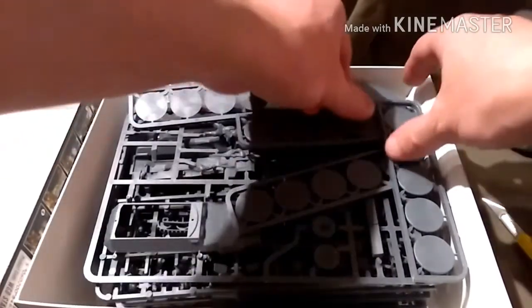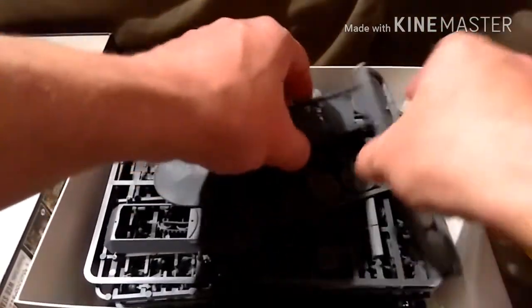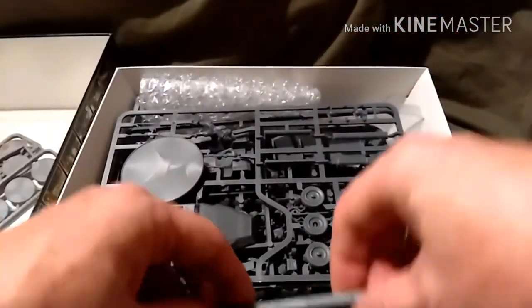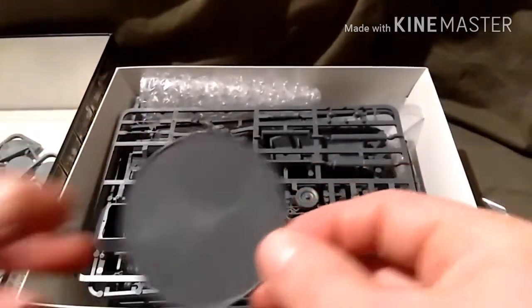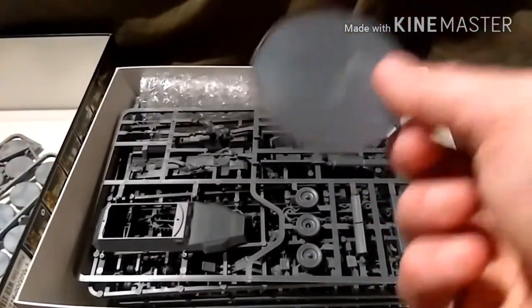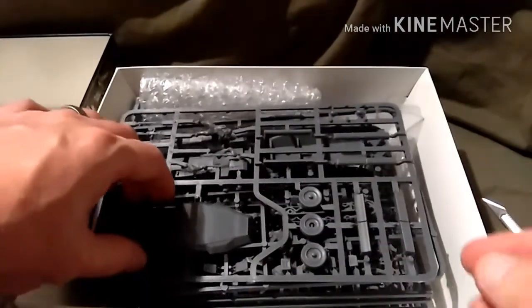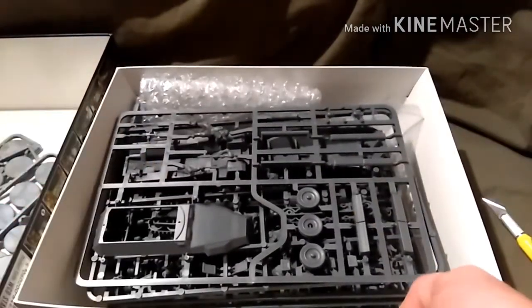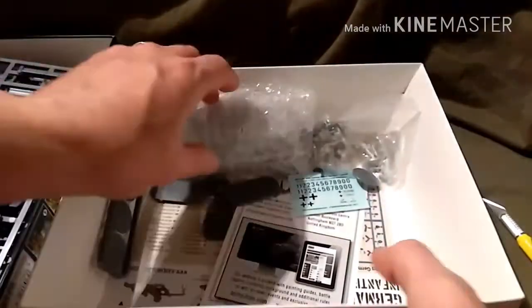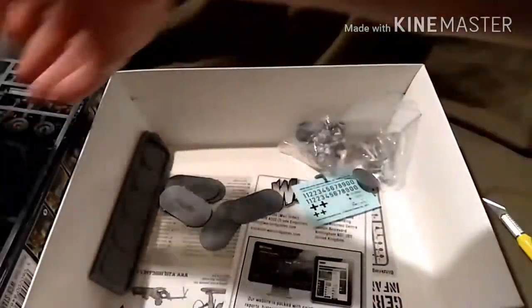There we go. As you can see, bases, lots and lots of bases. Standard Warlord Games bases. Unusually a round base. I'm thinking this is for one of the artillery pieces that's in there. So let me transfer this over to there and we'll do it. Oh my god,